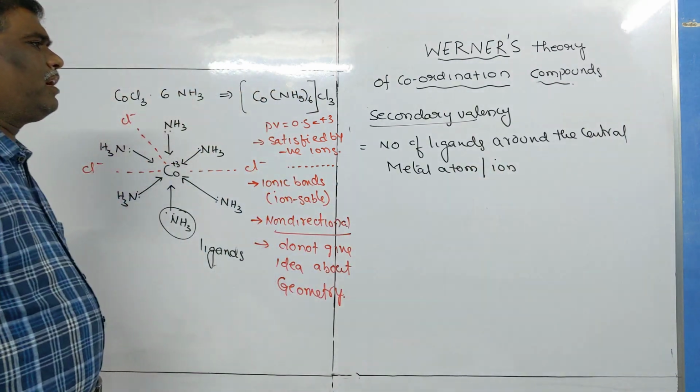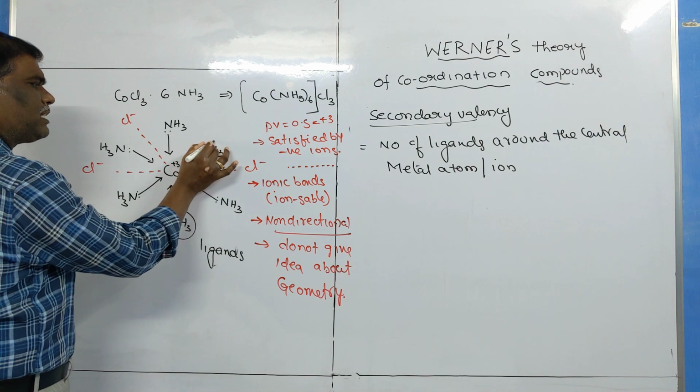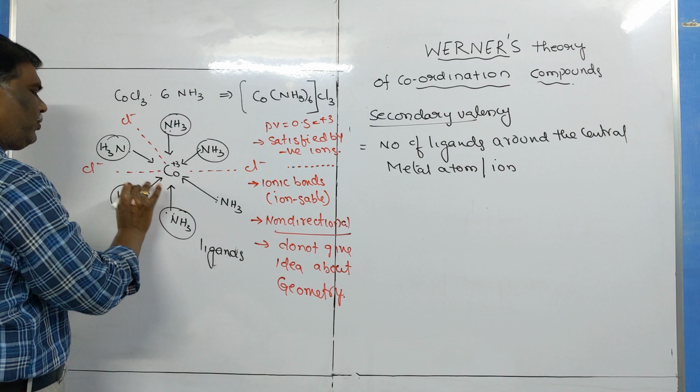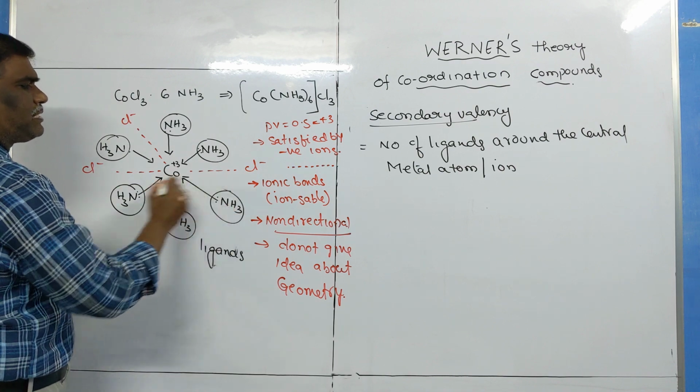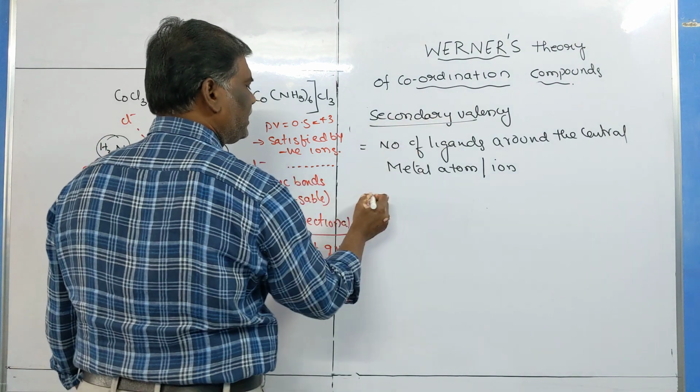The number of ligands around the central metal atom or ion. Here the ligands are 1, 2, 3, 4, 5, 6. 6 ligands are there. So secondary valency is equal to